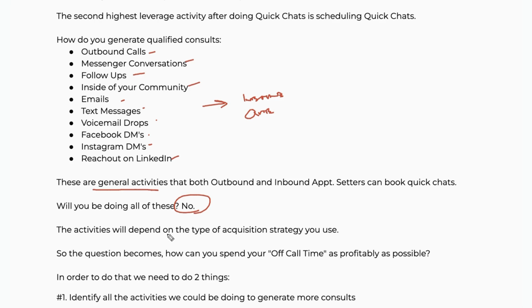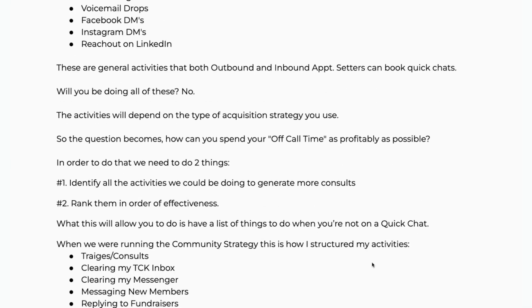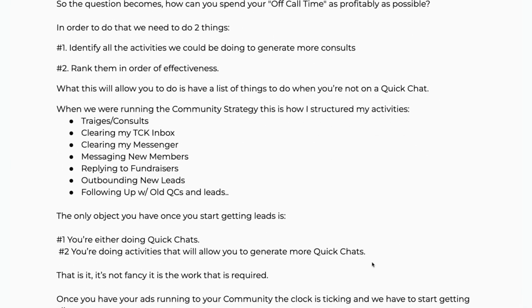So the question now becomes, can you spend your off-call time as profitably as possible, right? How do you actually make your off-call time when you're not doing quick chats, how do you actually make that more profitable? So in order to do that, you need two things. Number one, you need to identify all the activities that you should be doing to generate more consults. That is the first goal. Then you're going to rank them in order of effectiveness. Okay. And what this will allow you to do is when you're not on quick chats, okay, when you're not